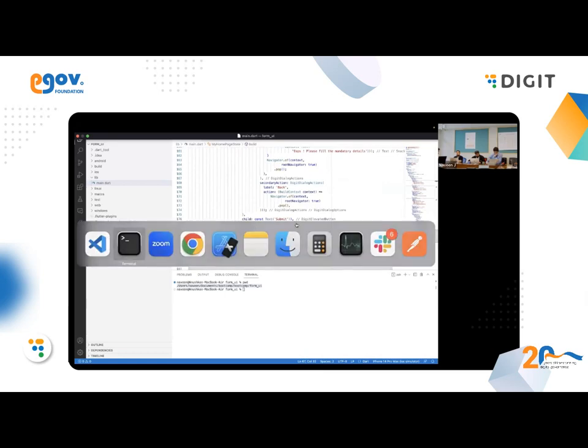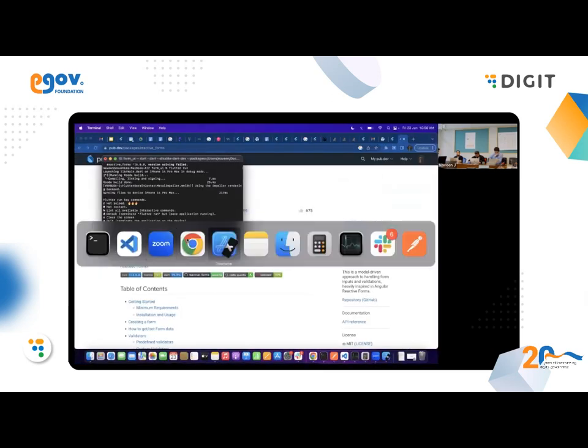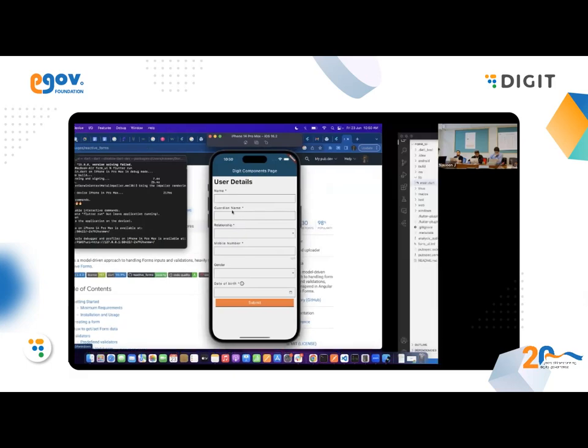Let us just check whether it runs in the system. Yes. So yep. So earlier there was an issue with